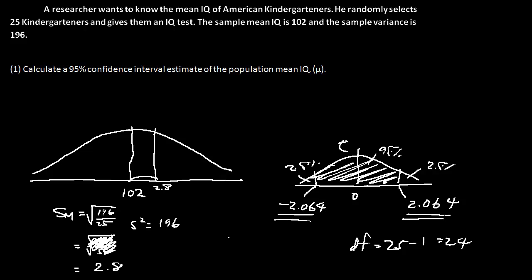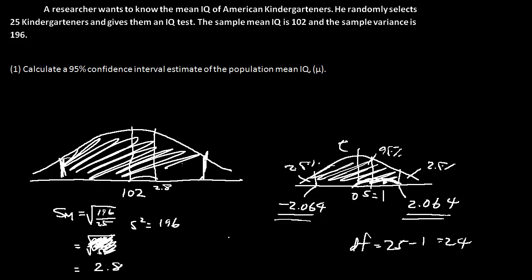Okay, and the standard deviation is 1. So everything is going to be 2.8 times this. To get the 95%, this distance is going to be 2.8 times 2.064,